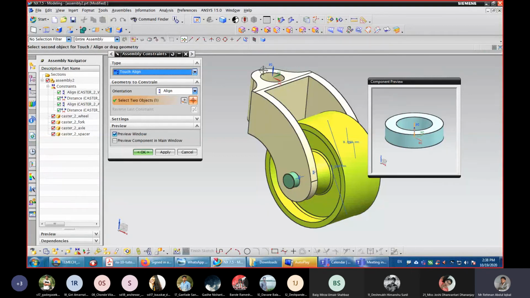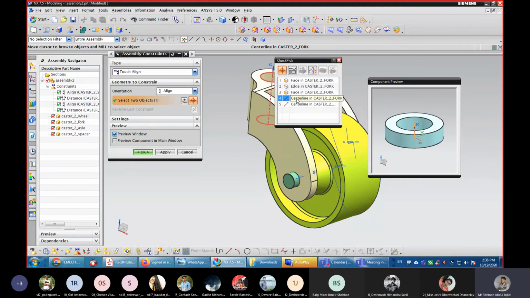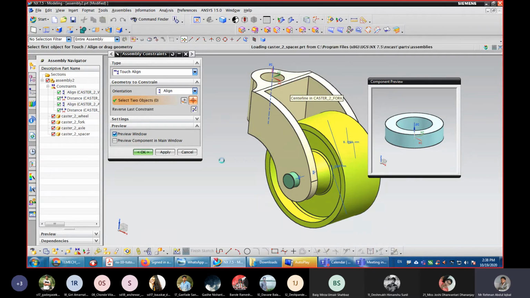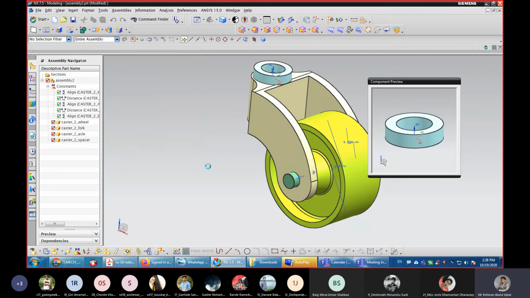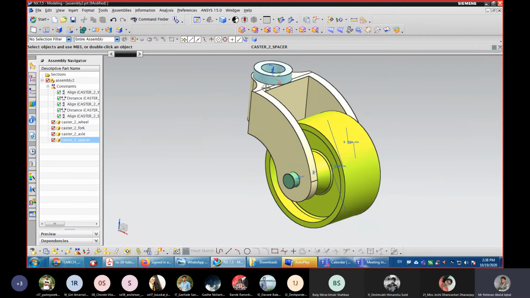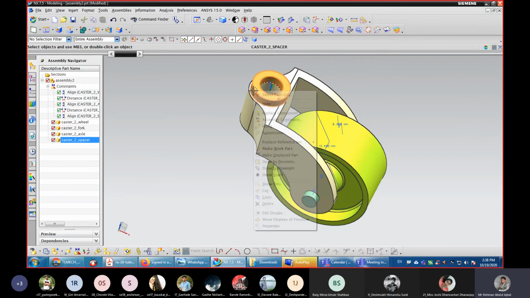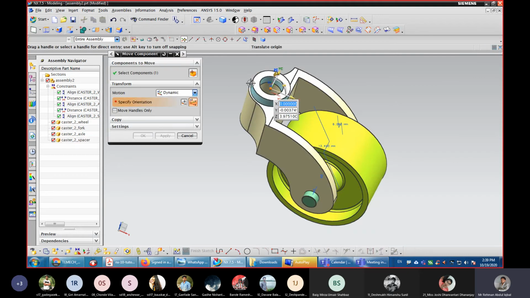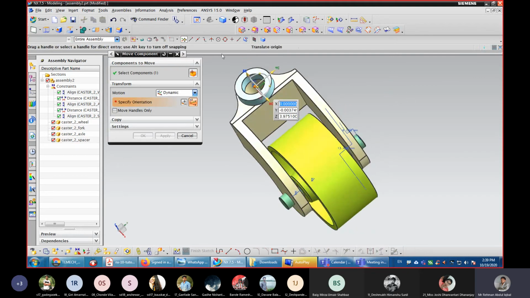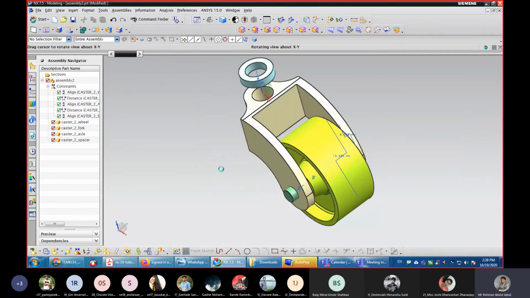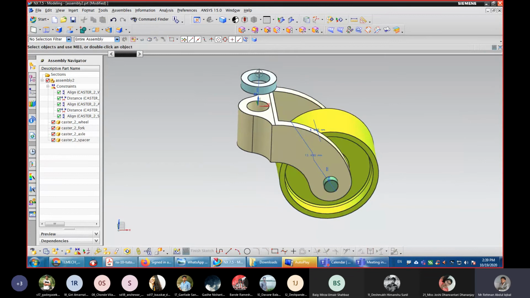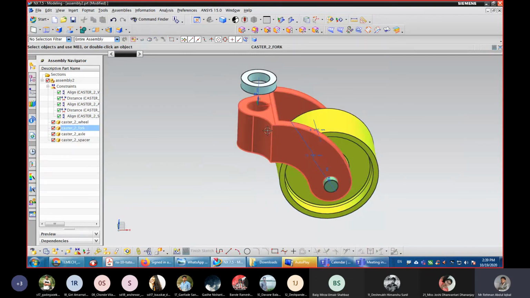Center line. Click OK. You can see this is aligned, that is okay, but it can move along the axis.